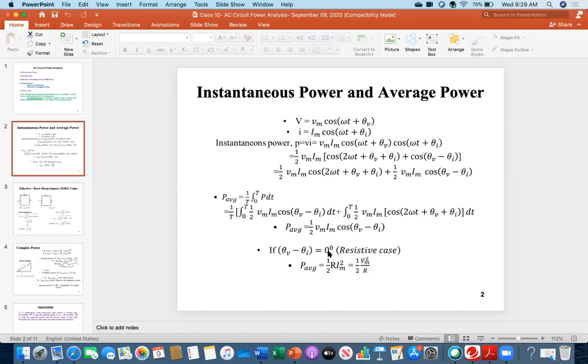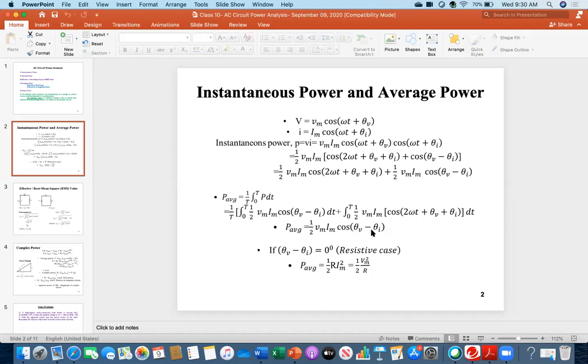And I told you that thing, ELI is an ICE man. So therefore, for the resistance case, the phase difference is 0 between voltage and current. When it is a capacitor, current leads voltage by 90 degrees. When it is an inductor, voltage leads current by 90 degrees. So based on that, if I assume it is only a resistive circuit, this will be 0.